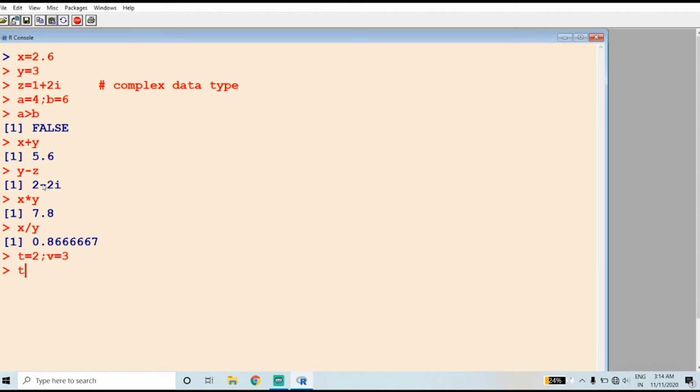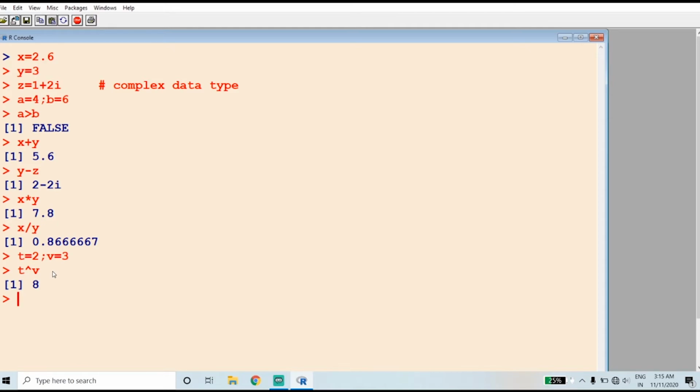And the next command is t raised to v. We will get 2 raised to 3. The operator here is exponentiation. So the arithmetic operators available in R are addition, subtraction, multiplication, division, and exponentiation.